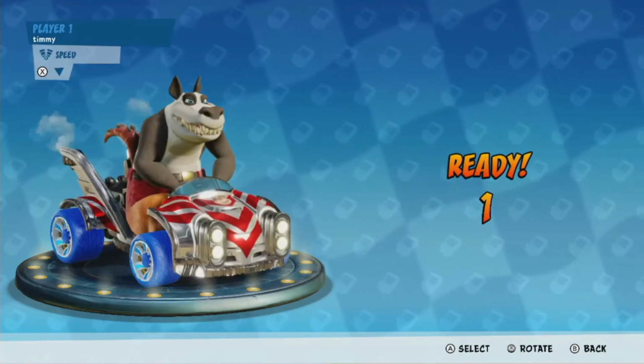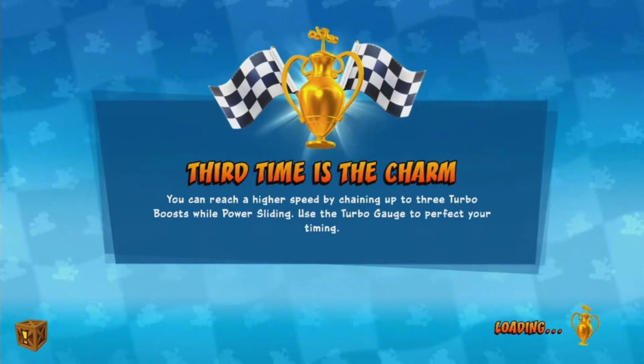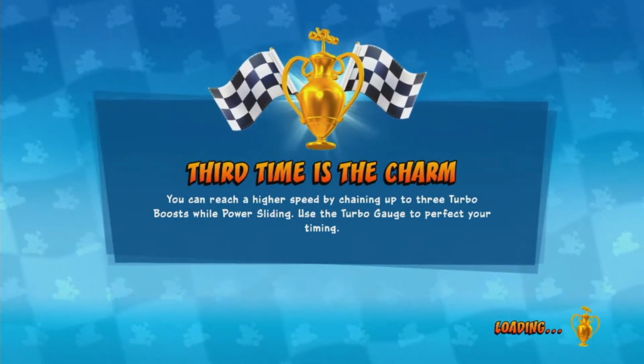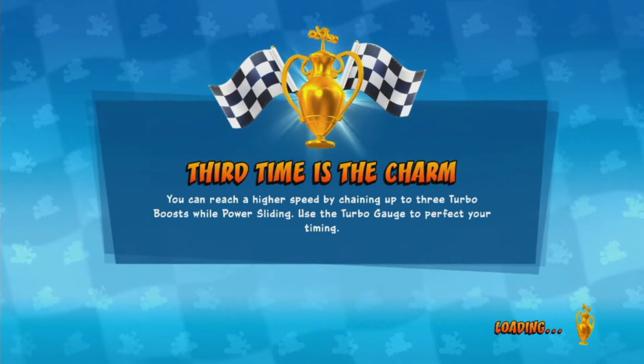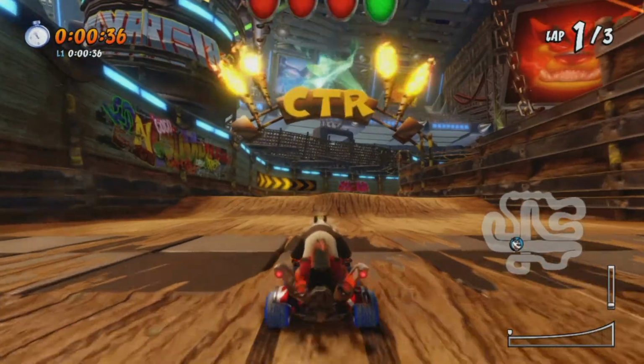Again, all of this is being played with Dingodile, since it doesn't really matter which character you pick in the game. If you want speed, you could just change to that at any point, or you can change it to something else if you prefer that. It's all personal preference, and I prefer Dingodile because, in case I didn't already tell you, and I probably should have told you before,